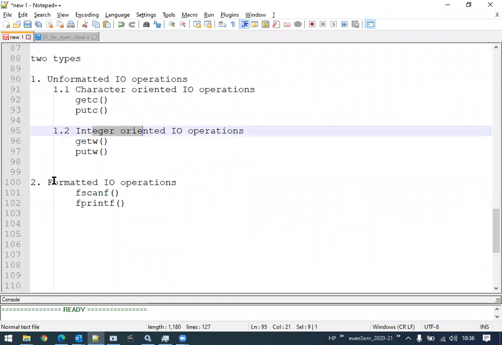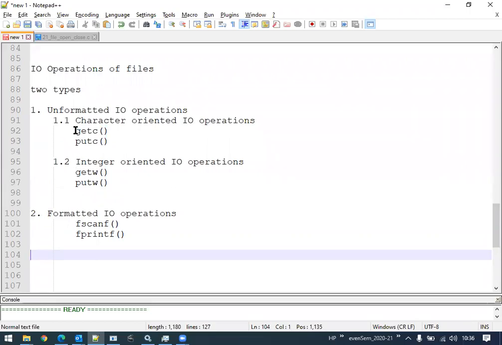Okay, then the other one, that is formatted, here we have two functions, right? This formatted will help us read in our own manner or in our own method. Like if I want to read certain numbers in decimal points, fractional points, as string points, whatever formatted options we want, we can read or write using these two functions. Okay, now coming on to these two functions here, getC and putC.